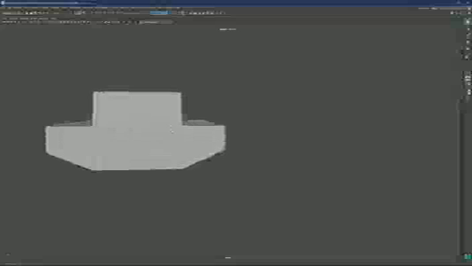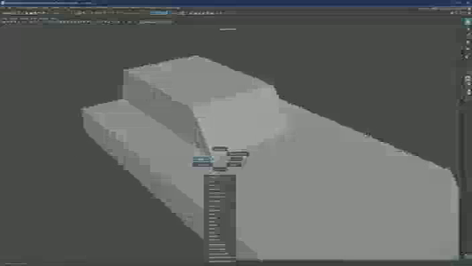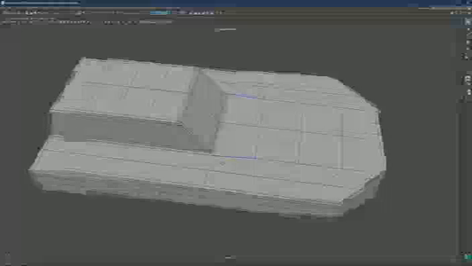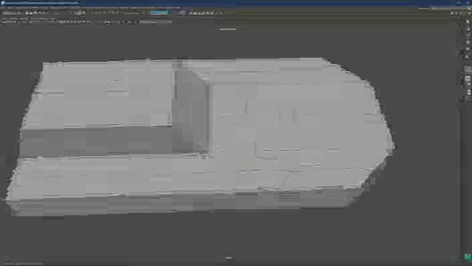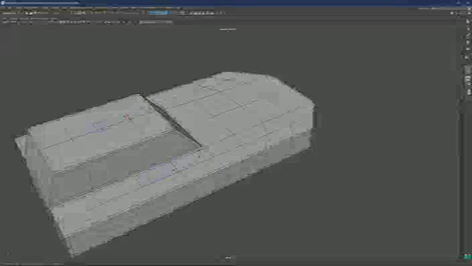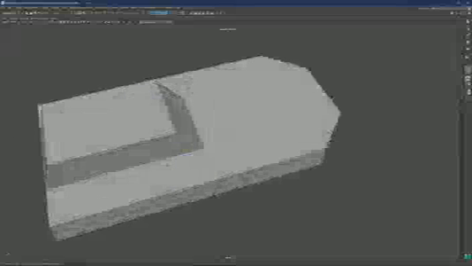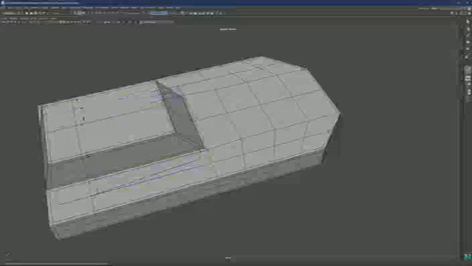Now there are a couple of problems here, and as you can notice, we have some open edges. And the reason why we added these supportive edges is now, for example, if we would like to solve this part of the geometry, we need to connect this geometry somewhere. So if you now have a large spread of edges, it's going to be hard until you find the next neighboring edge. Same thing here.